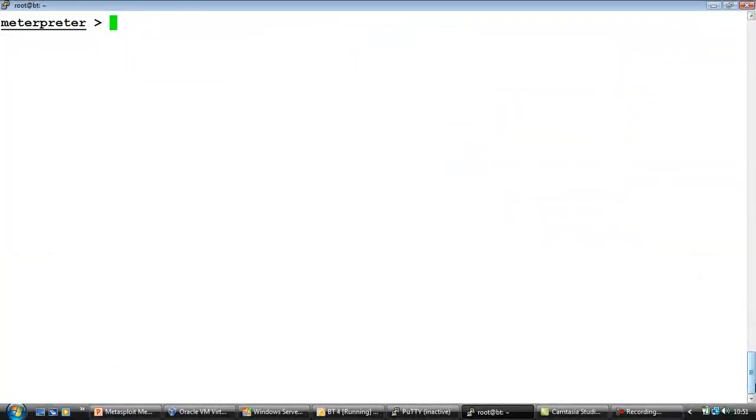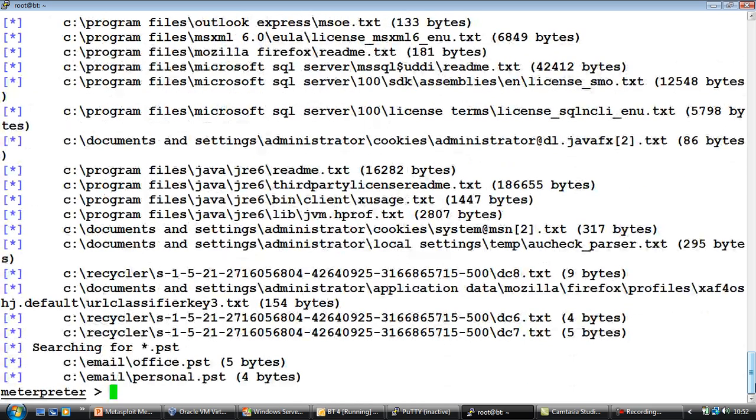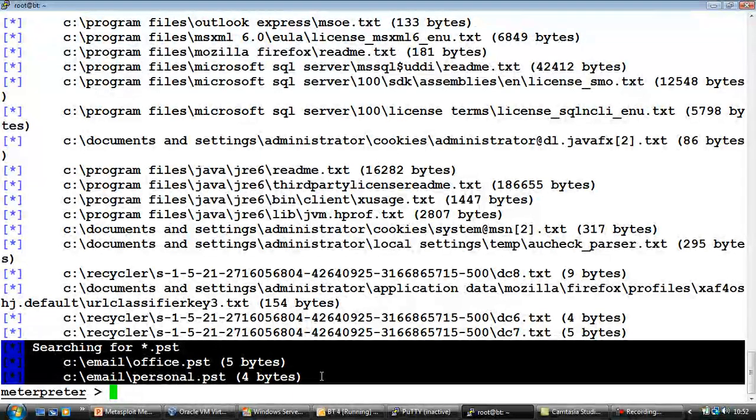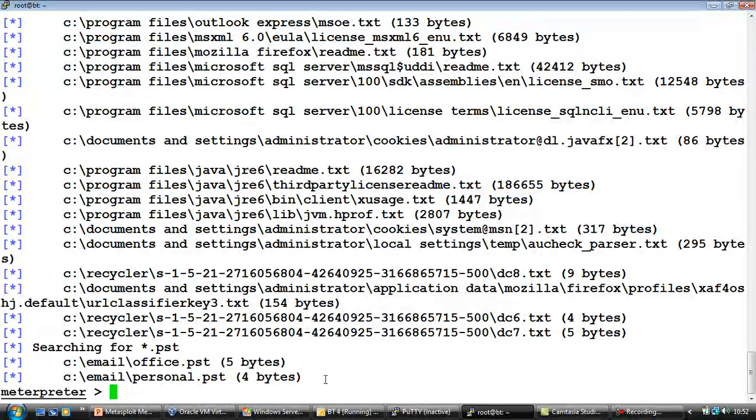Now what we can do is we can actually go ahead and add more of the kind of files we want. So if you notice now, after the text files, the PST files are also searched for. Right, interestingly, PST files, as you know, are basically where all the emails are stored. Right, so one of the other things we can do is